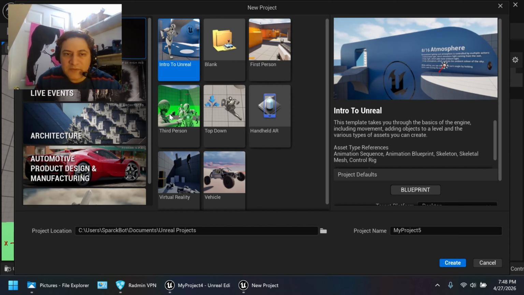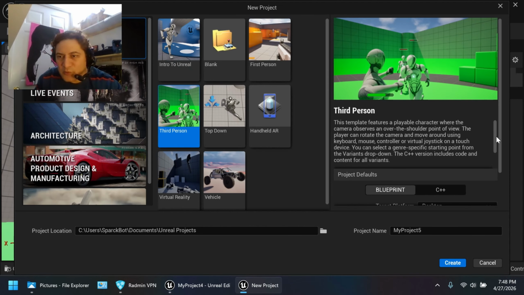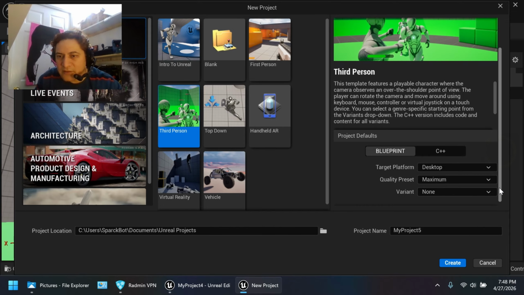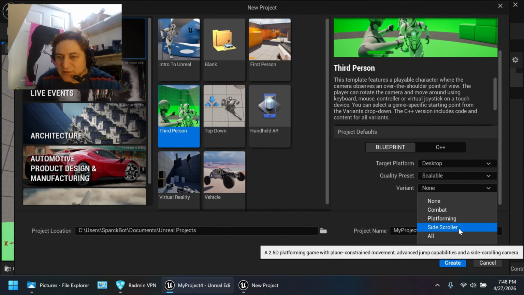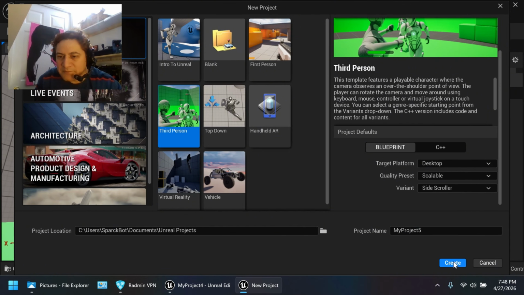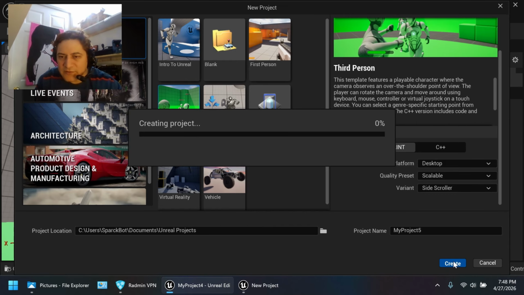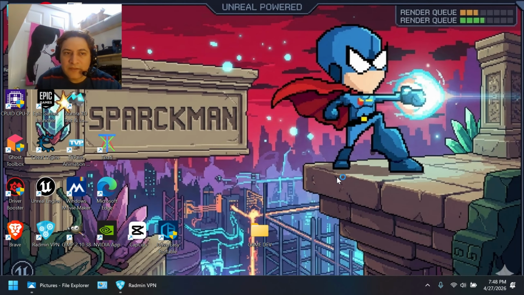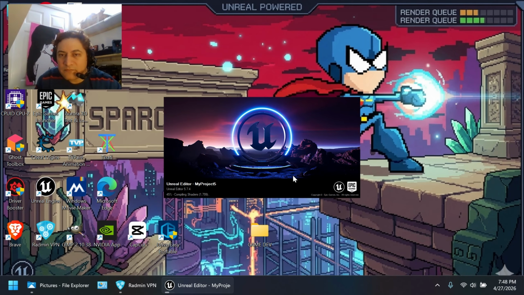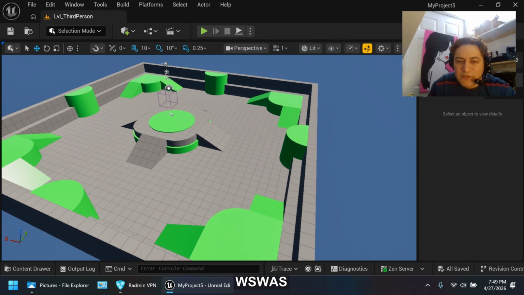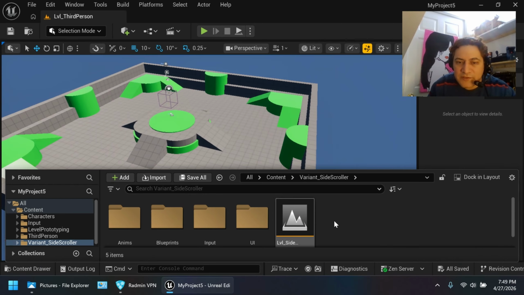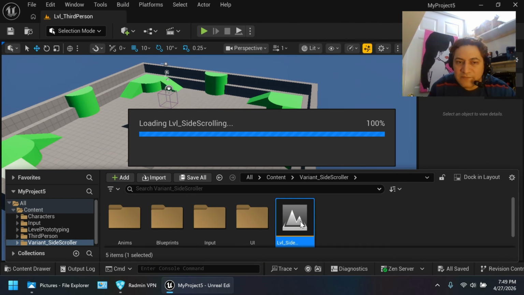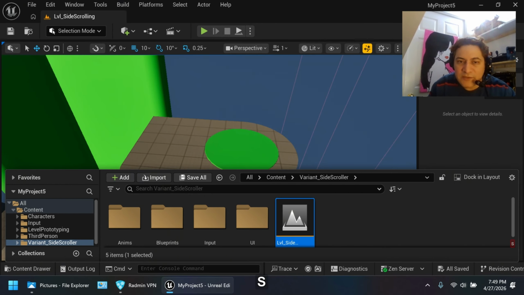Okay, alright, so let me show you how to make a simple platformer game in Unreal Engine 5. This is going to be extremely simple. Let me select here the side scroller variant or something. Alright, so here is the platformer example. Let me switch the variant to this level, to the side scroller level,